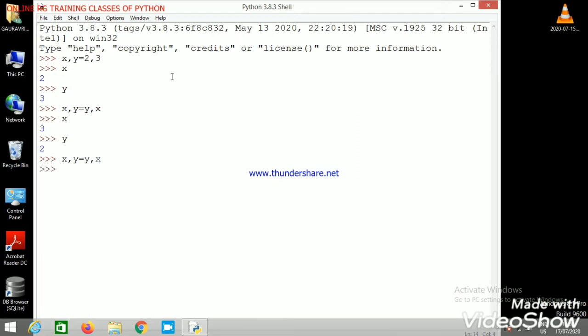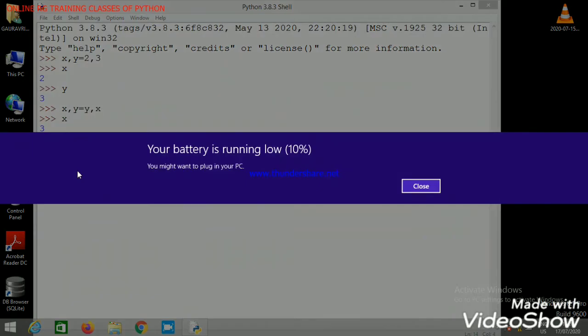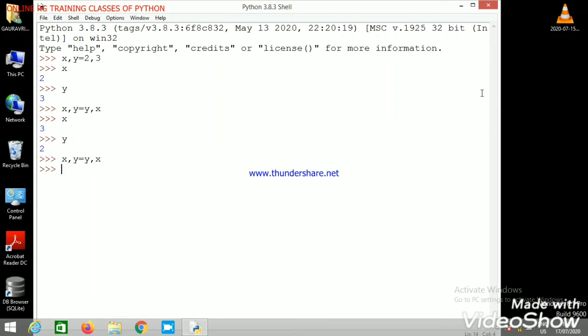So today in this class we are learning the usage of the eval function. If the input function is there, then what functionality does eval provide in Python? In the input function, by default it accepts a string and we have to convert it to the specific type we want.